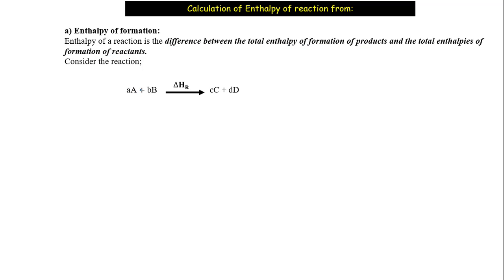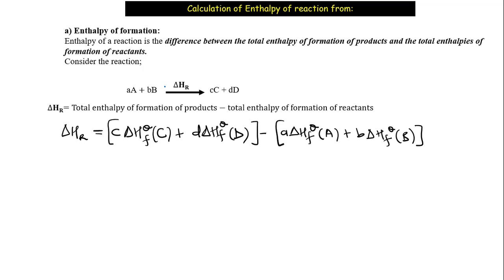Let's take a look at a general equation whereby A and B are our compounds and they are reacting to form C and D. However, the small letters a, b, c and d are whole numbers which could be 1, 2, 3 and so on, depending on how you have balanced the equation. So let us see the general formula that we can use to find the enthalpy of a given reaction if they have given us the enthalpy of formation of A and B together with C and